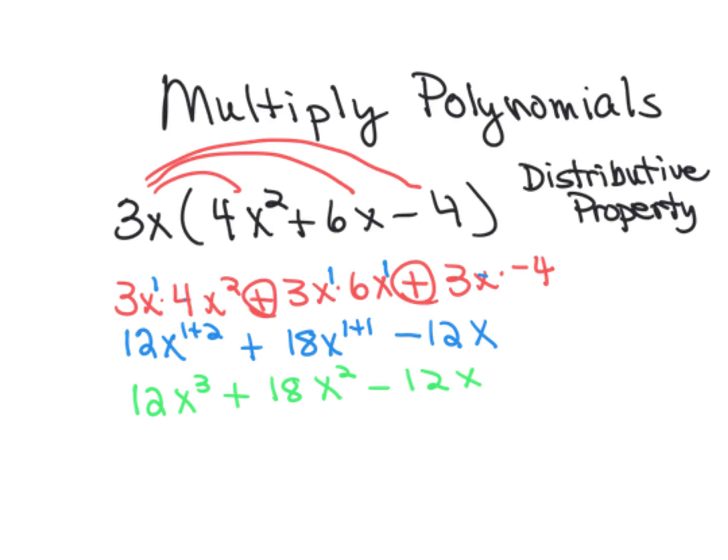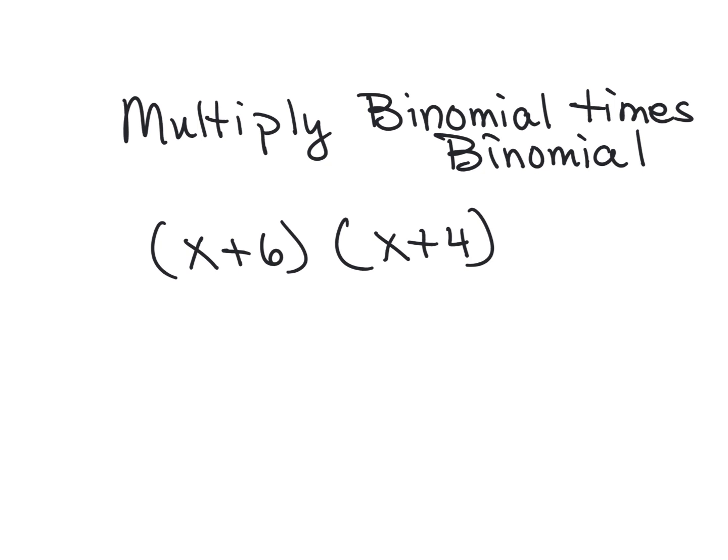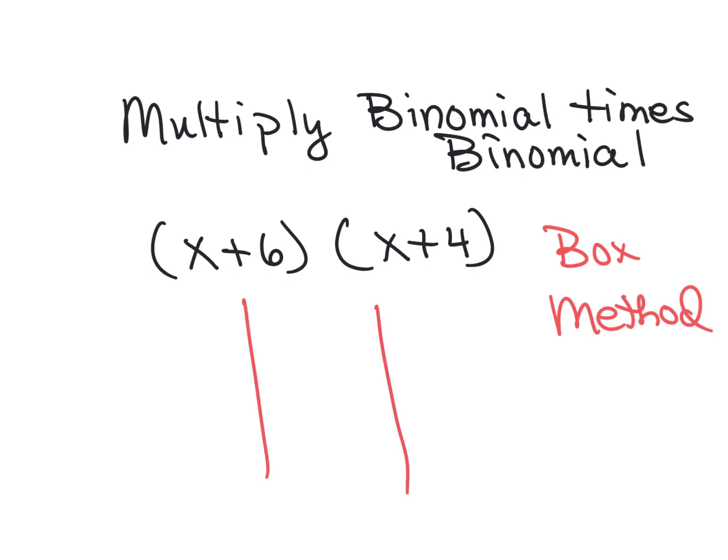All right, our next example is multiplying a binomial times a binomial, and we have x plus 6 times x plus 4. This is where we are going to use the tic-tac-toe board. We are going to use what is called the box method. All right, so I'm going to draw my tic-tac-toe board,